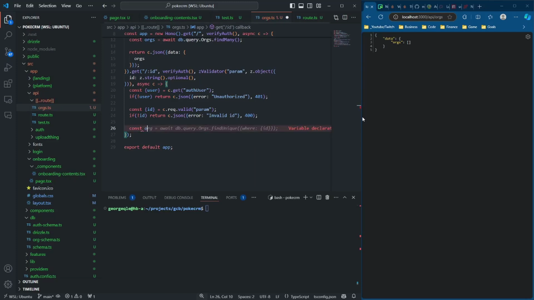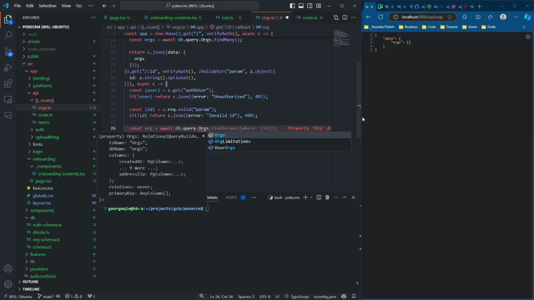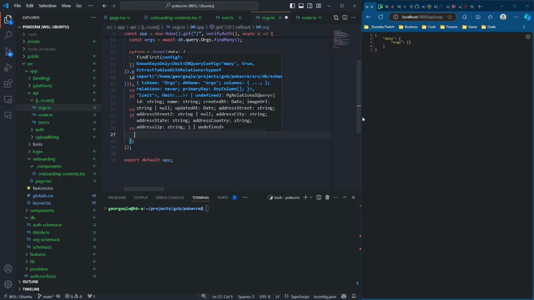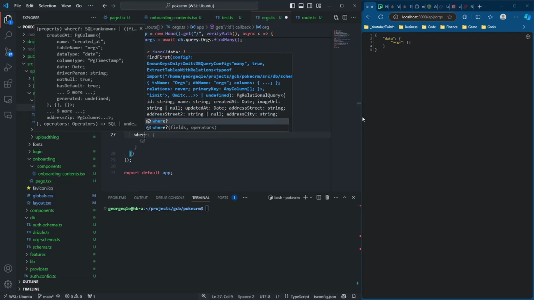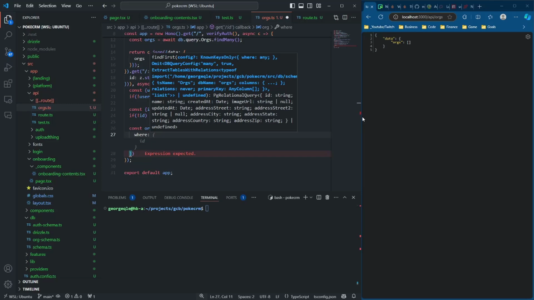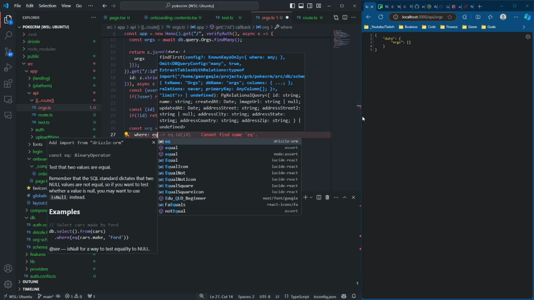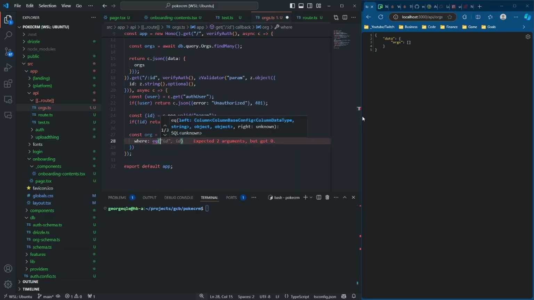So we're going to do const org, singular, because we're just going to be grabbing one organization, one that matches an org that we find. So it's not findUnique, it is findFirst. And for findFirst, we need to specify using this where method here. We're going to use an eq function from drizzle ORM there. And inside of this, and this is the reason why I made it uppercase, the name of the table,